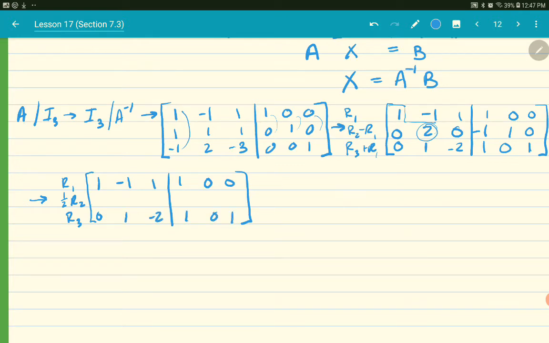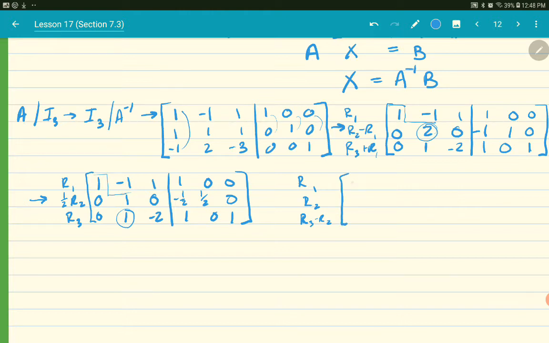And then row 2, I take half of everything. So 0, 2 divided by 2 is 1, 0, negative 1/2, 1/2, and 0. All right, so now row 1 is still looking good, but going down my step where I'm still on my second step, I got my top 1, but now I need this guy to be a 0. So row 1 and row 2 will stay put, and row 3, to get that to be a 0, I can subtract the row above it. So that's row 3 minus row 2,